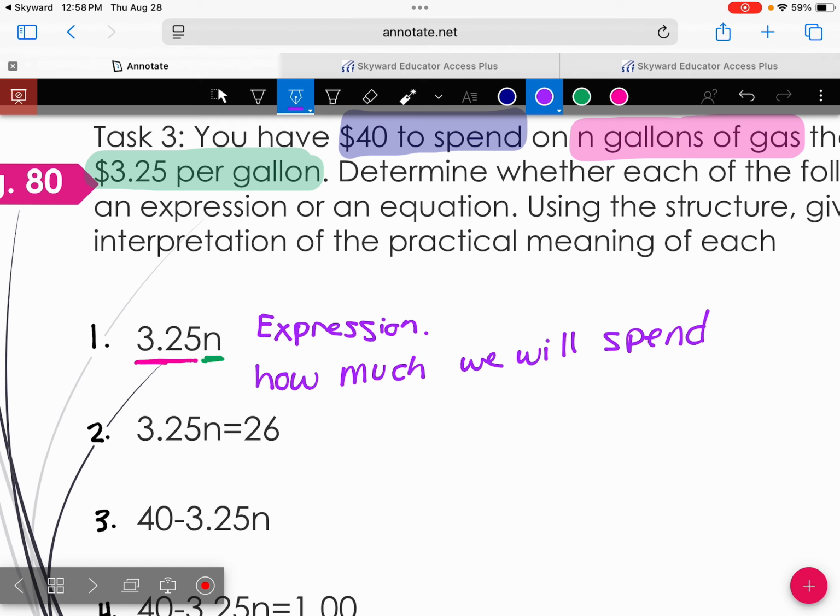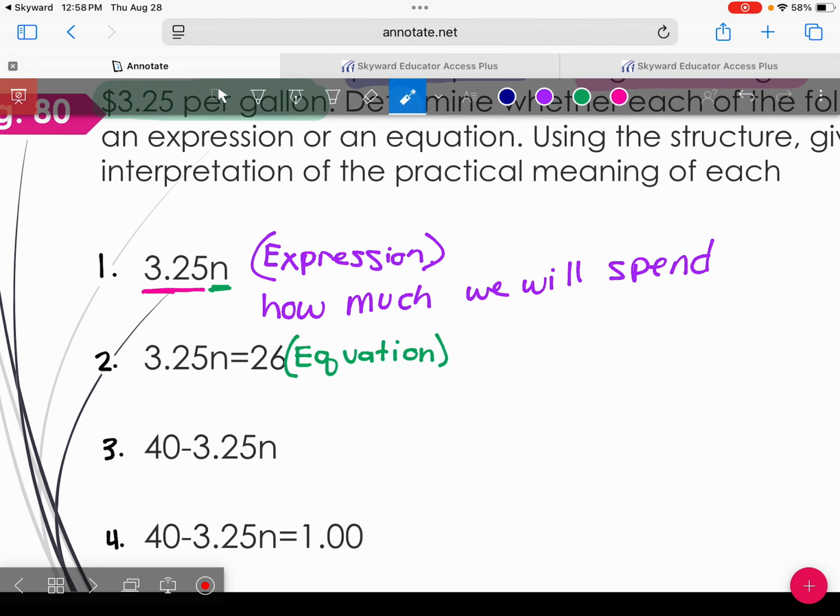So what does this equation say? Number 2, because this guy's an equation. What does this say? That's the cost per gallon times the gallons equals how many gallons you get, or how many